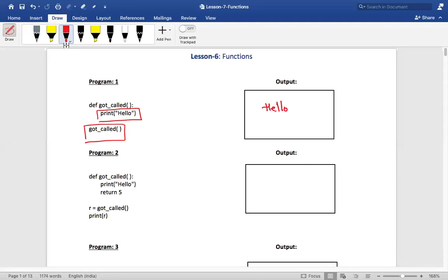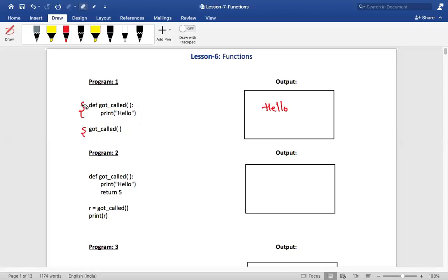Okay, you'll understand by the end of the session, don't worry. So for now, what happens first? Which context gets executed first? The main context gets executed first, isn't it? In the main context, what is there? There is a function call. This is called the function call, and this is called the function definition, right?